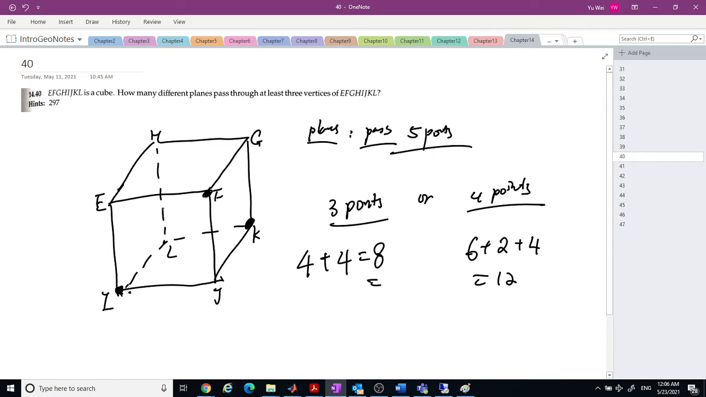Okay, so let's see. You can take this one, you can take this one, right? That's 2, and you can take this parallel or this parallel. You can take this parallel or this parallel, right? So that's 4. So total is